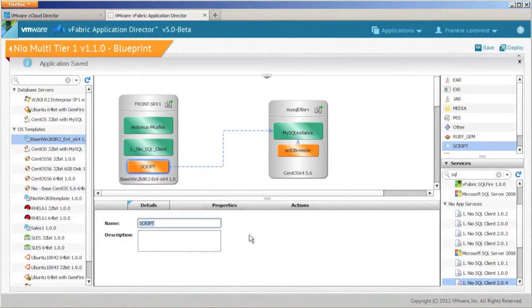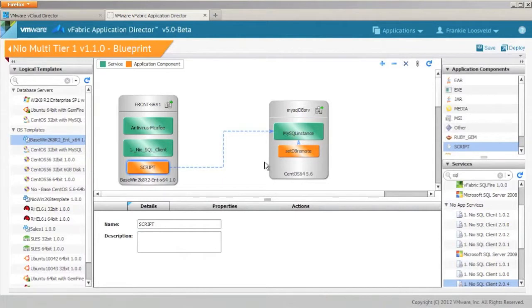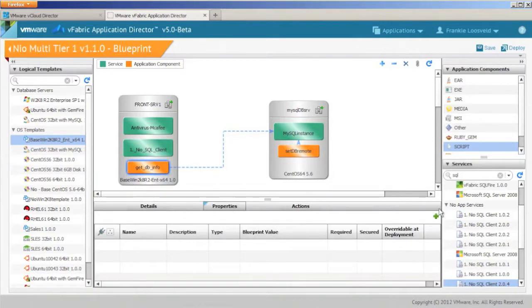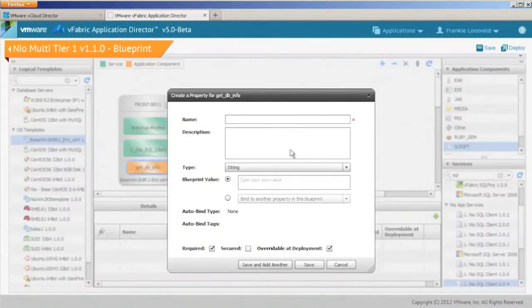So I rubber band and anchor again. We change the name of the script to something meaningful, get db info in this case, as we want to retrieve the input parameters from the MySQL database server and use them in the script on the Windows server. So I'll continue to add some properties and I'll map them to the values of the input properties from the MySQL database server, such as db name mapped to the db name from the MySQL server, same for username and